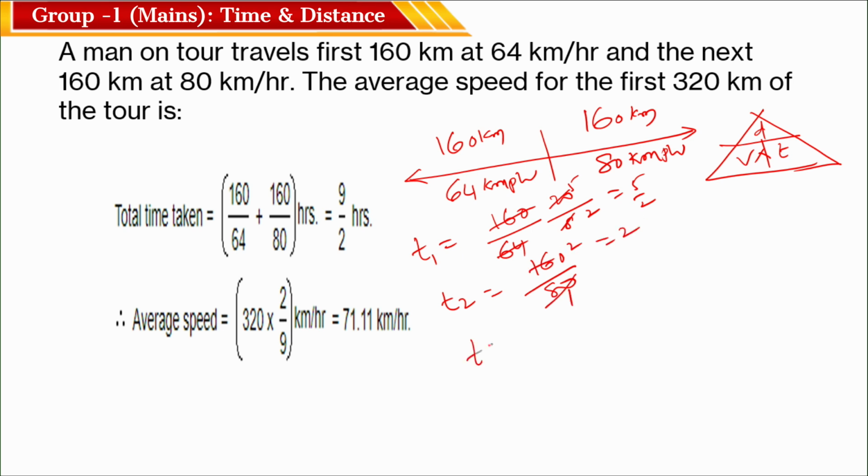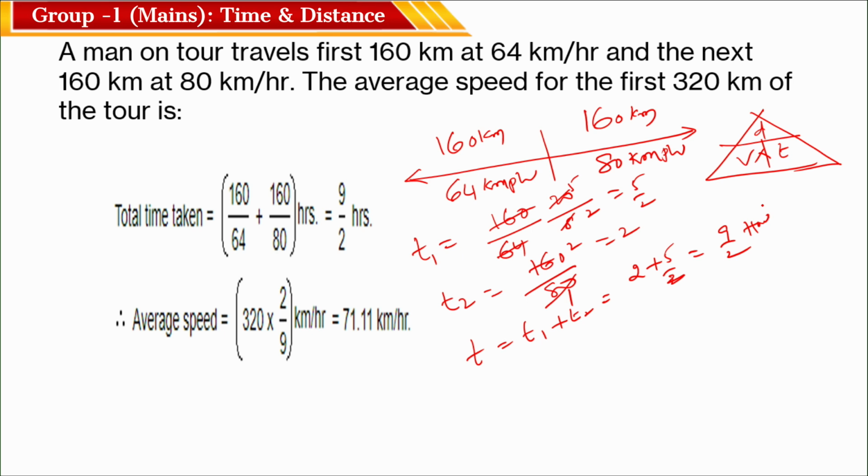So total time T is equal to T1 plus T2. So here 2 plus 5 by 2, which means 4 plus 5 is 9. It is 9 by 2 hours, correct? So the time taken to travel 320 kilometers is 9 by 2 hours. This is the time,